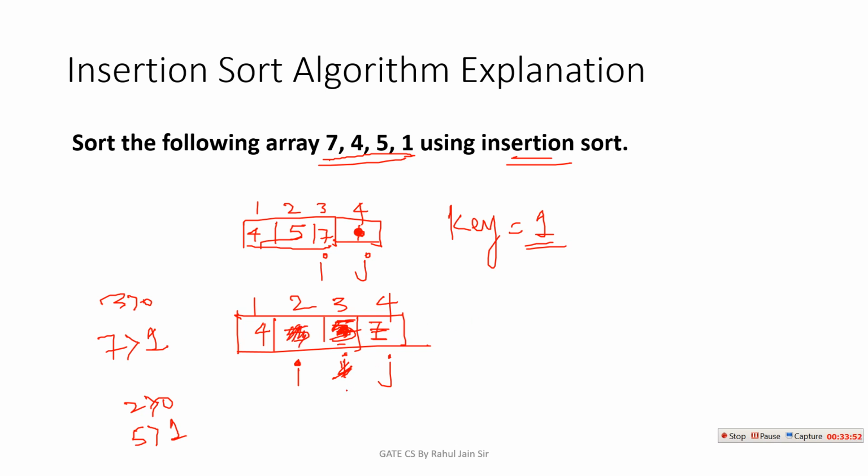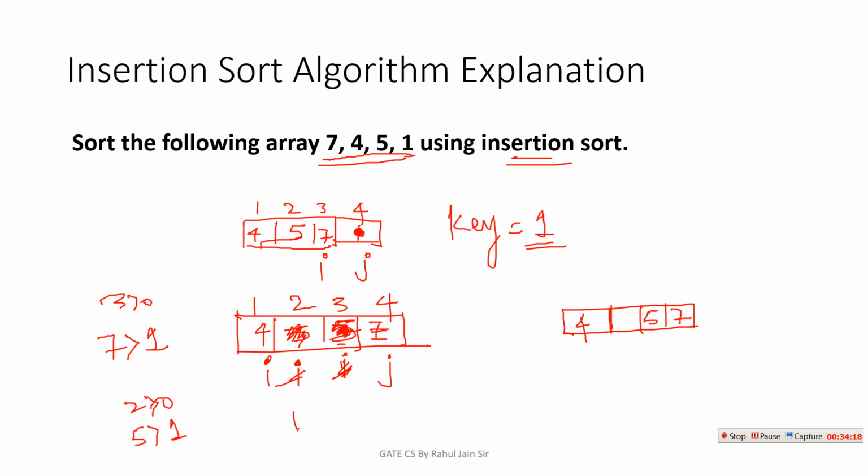When I do this on a blackboard, it is easy to remove this space and make that one clear, but as we are doing it digitally, don't worry. This one is 5, this one is 7 and this is now empty and this is 4 now. Okay, so in that case my i would be here. So again now i equals to i minus 1, so i would be here now.